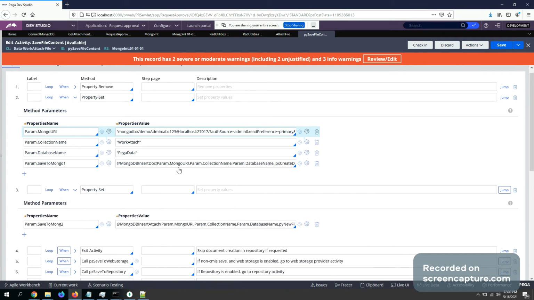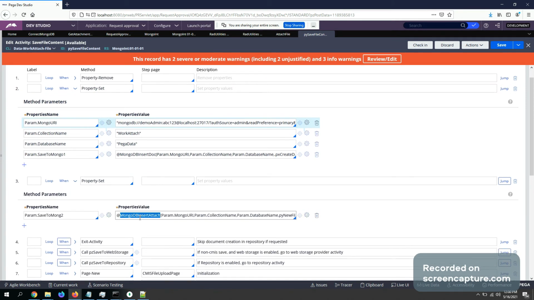So the function which I showed is this one, where it accepts a clipboard page as a parameter. And I have also written another function which accepts individual properties as parameters.